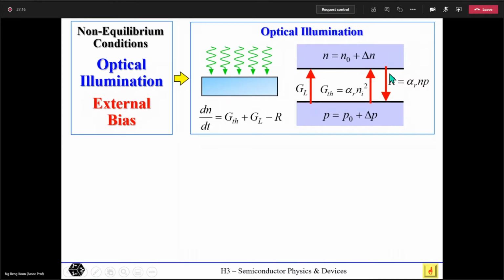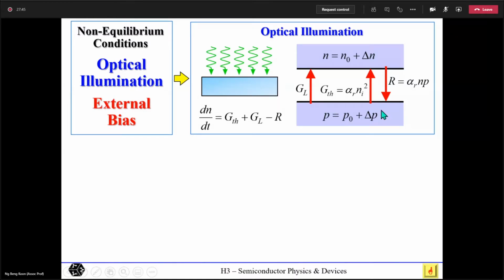So in addition to these two processes that can change the concentration of carriers, there's the optical illumination one, which helps to increase the number of electrons and holes, and that comes in now under the optical illumination consideration. Okay, so with these three components, how do we describe the change in the concentration of electrons and holes? Our ultimate aim here is to find out what delta n, delta p is